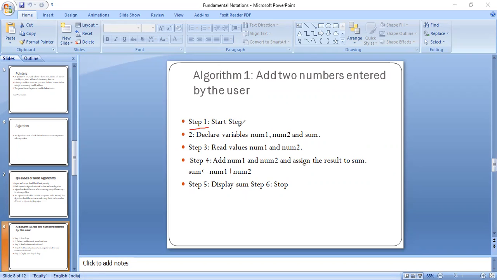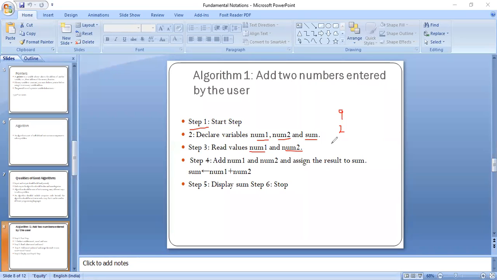We have to start our steps, under which step 2 says we have to declare variable 1 and variable 2. Then we need another third variable to store our results. Afterwards, we have to input the values of two variables, as in num1, let's say it is holding the input 9, then num2 has the value 2, so we want to add 9 and 2. So under the fourth step we have to sum up, and we will store the result in the third variable.